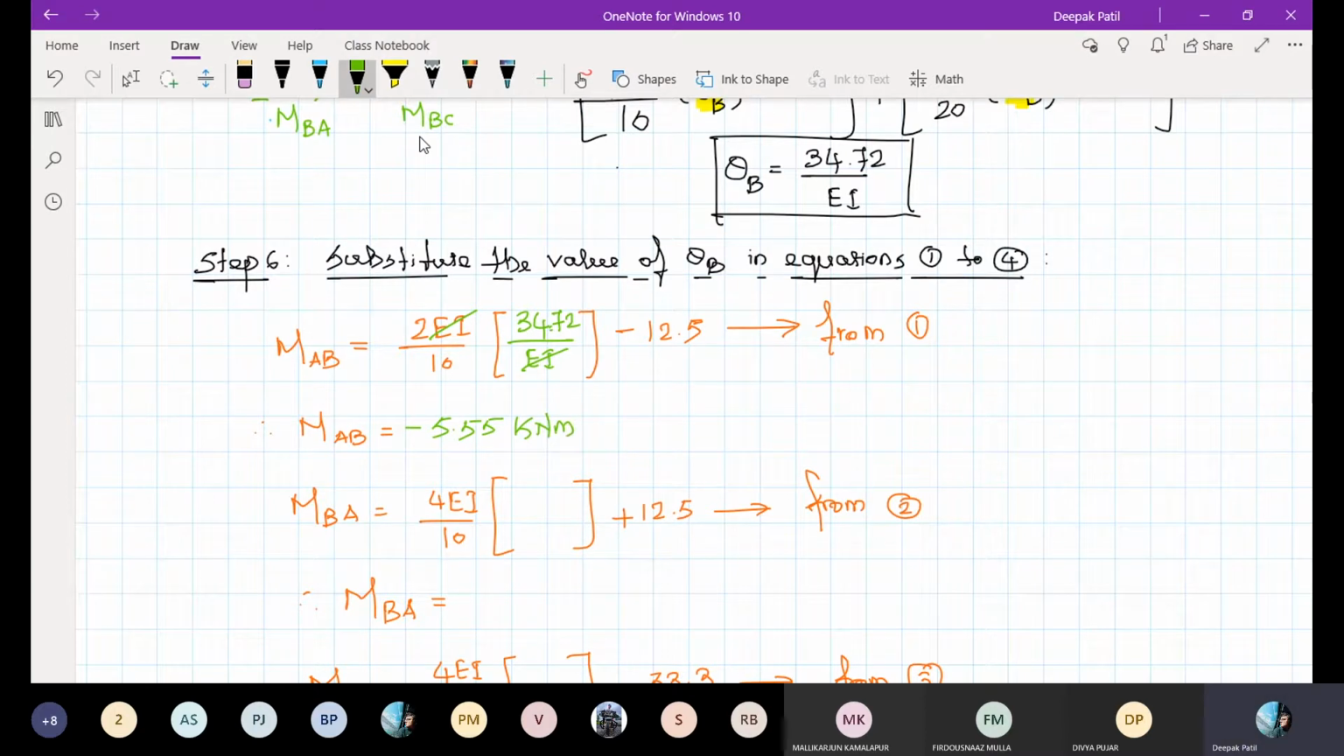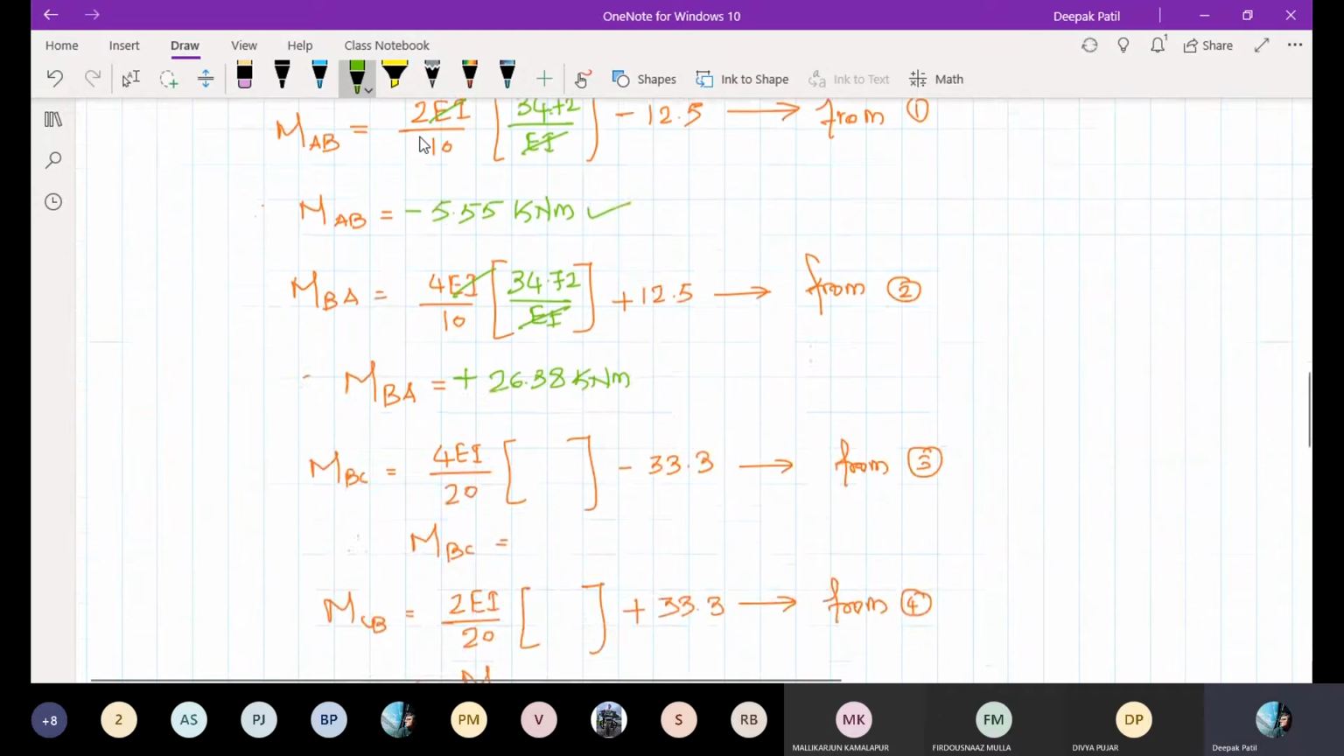Did you get this? Yes or no? Yes, sir. Okay, then MAB I have already found. Similarly in MBA also I've substituted 34.72 by EI. This EI and this EI will go. I will solve this and I will get the value of MBA as plus 26.38